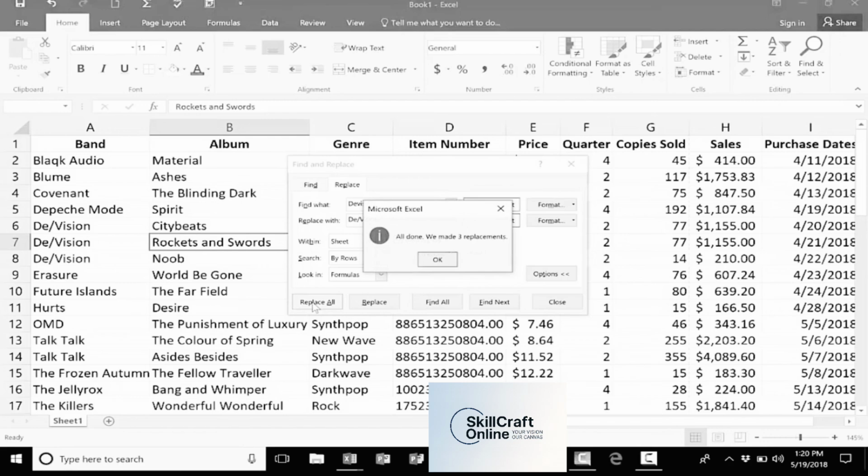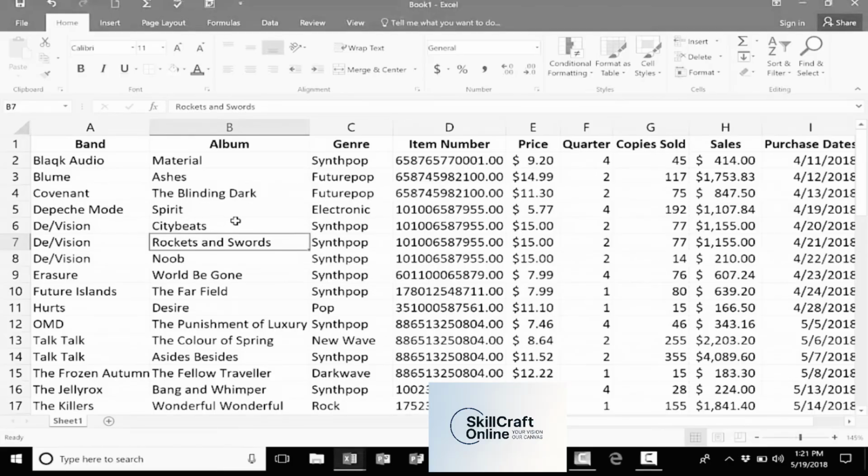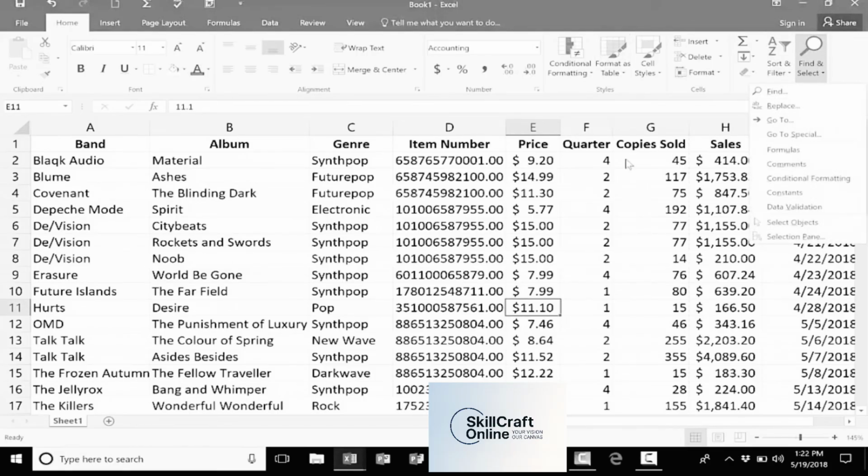I click Replace All, and you can see what it says. All done. We made 3 replacements. All 3 instances of Division have been changed so that they match the real name of the band. At this point, I'm going to click Close, and that worked, and I'm done, and I'm happy. Now, I want you to know that this works not only with content, the content of my spreadsheet. So changing all number 15s to be 20, or I could change every "and" into an ampersand symbol. So Find and Replace is really good for making those kinds of changes, but that's not the only kind of